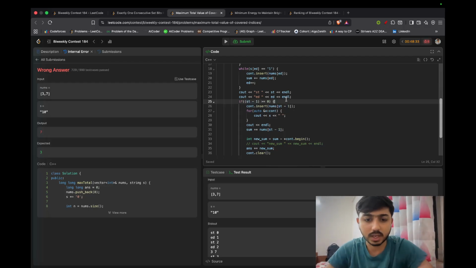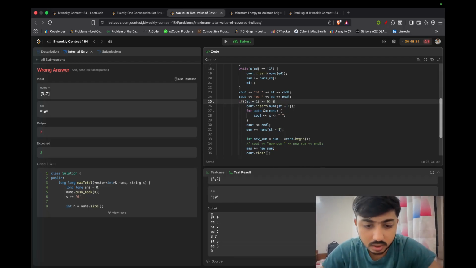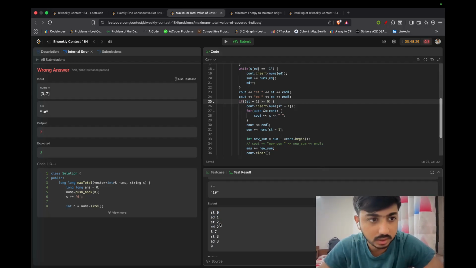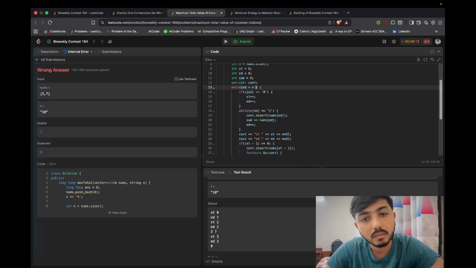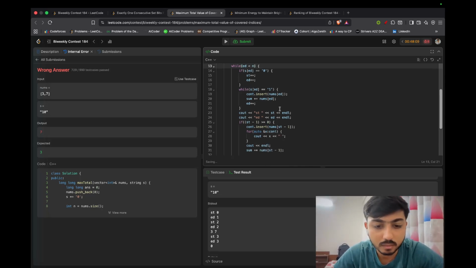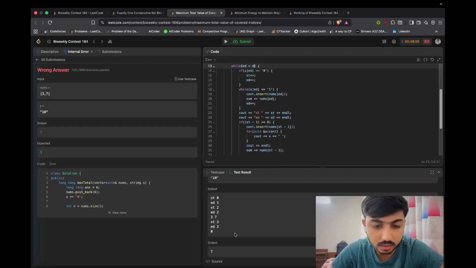How come it came inside this? Start is equal to 0 and end is equal to 1. Okay, it didn't come inside this. Start is equal to 2 and end is equal to 2. Okay,